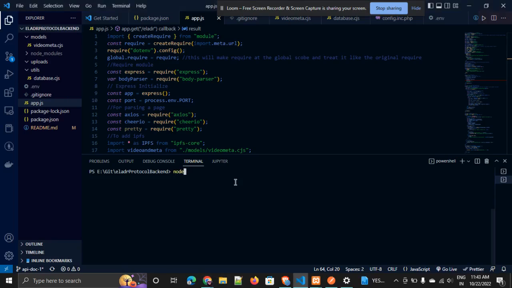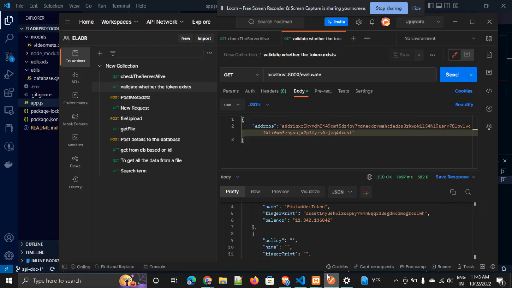we'll run the script, backend script, with the help of Node.js. So we are running these from the terminal that is provided by VS Code itself, and this generally takes some time. Maybe I'll cut this part out. So we can see it has started. The script has already started. It's running,